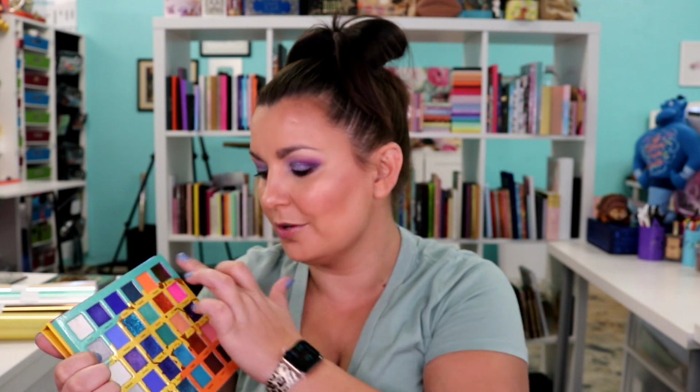Next up is the most bang for your buck multi-chrome. I would definitely say it's from Juvia's Place Valhalla 2, and it is the shade Fake in here. And Money is kind of one, but I think Fake is even more. Okay, look at this. See how sparkly that is? And just, I mean,